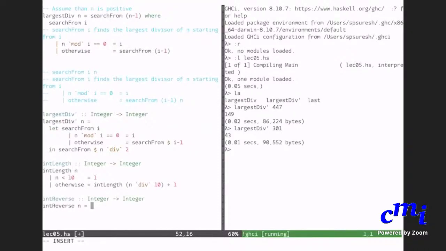Right. So here is another chance for you to use either let or where. I'll say the remainder into 10 power L minus 1 plus int reverse of quotient.